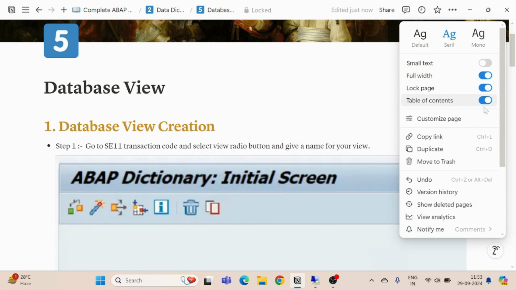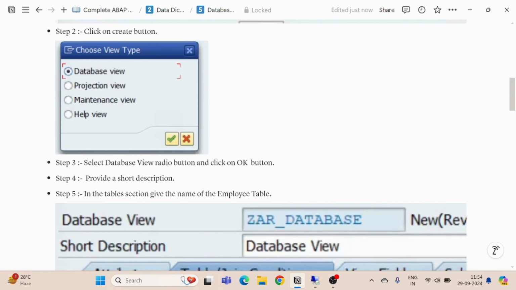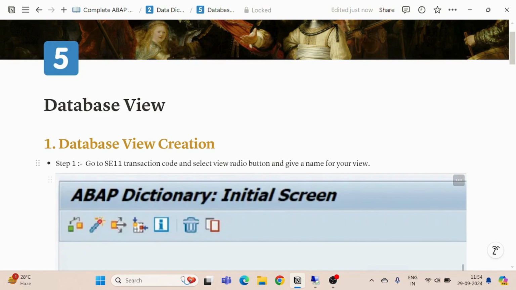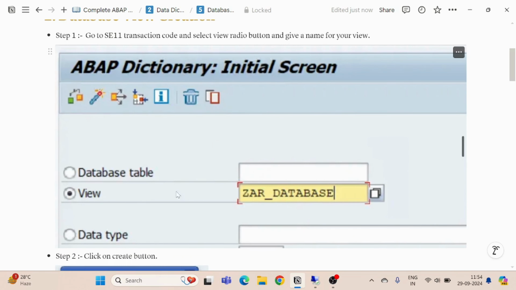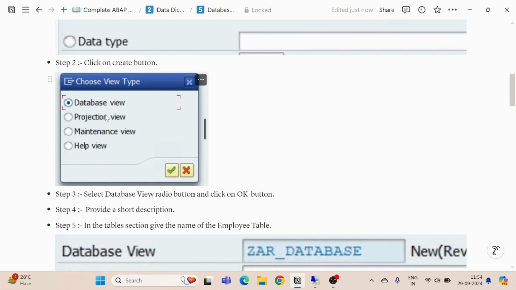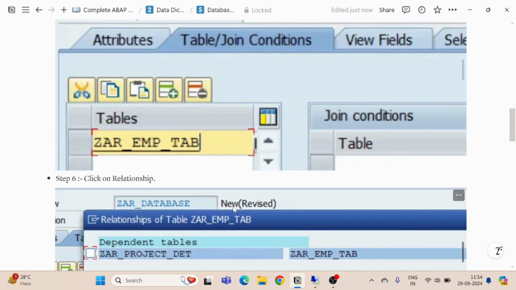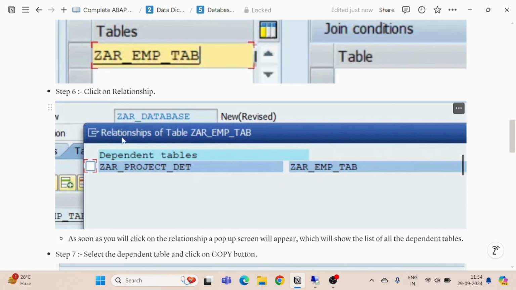So I hope this definition is clear, how you can create this database view. The steps are very clear. We will go to SE11, we will select the view radio button, give the name of your database view, click on create button, select this database view radio button, press OK. Then we will provide a short description here. Once you provide a short description, you will go to table section and you will give the name of your employee table. Then you will click on the relationship button, and in the relationship you will be able to see all the